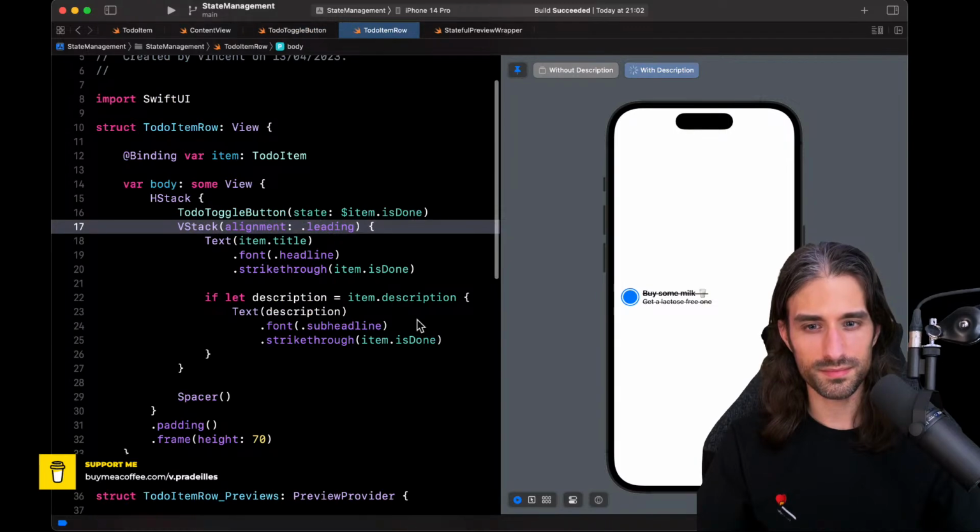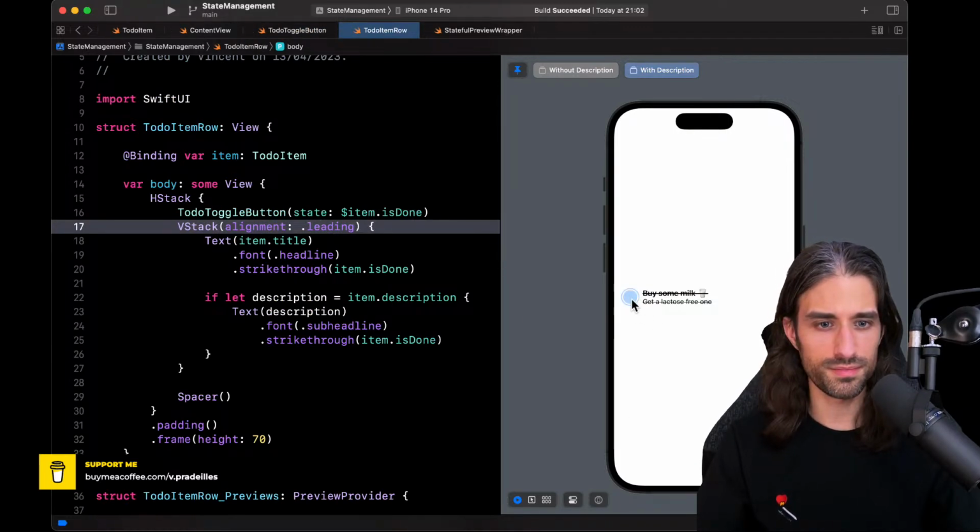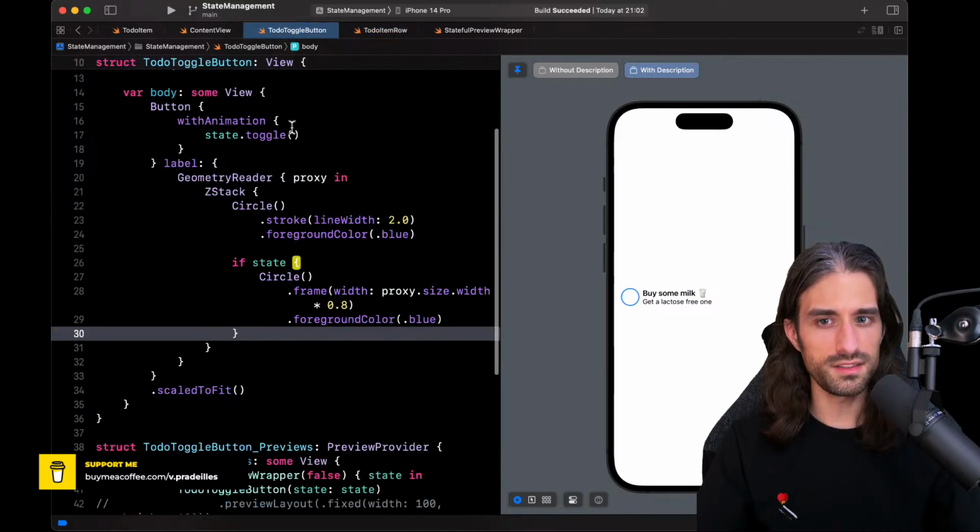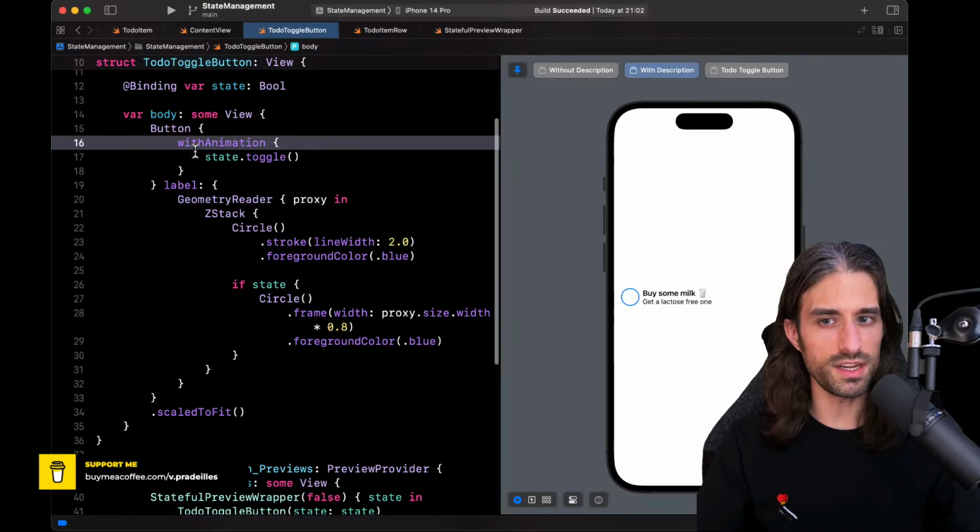Awesome. And if I go back to my to-do item row, perfect, we can see that it works. And you can see also that as I tap on the button, the text gets struck through, I guess. And you can see that this is being animated. And the reason is because I use withAnimation in the closure of my button.